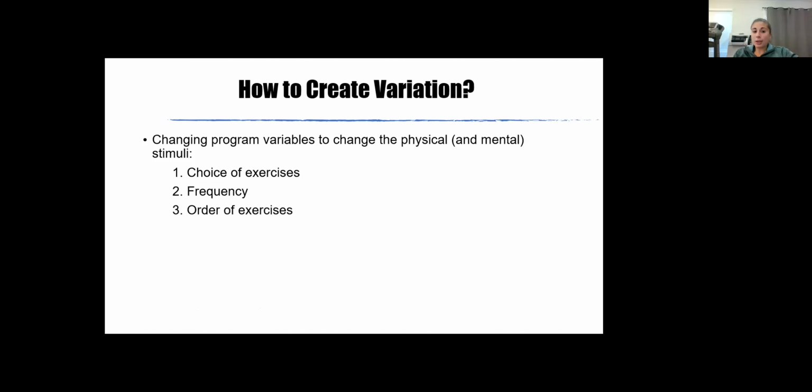Changing the order of your exercises. There's not one way to order exercises. It's okay to change things up and maybe manipulate your order. Change the load. Obviously, doing the same load for a long period of time, you will plateau. That's an obvious one, but there is a point where it gets tricky to increase load for a client who's more advanced, where it's harder to make huge increases in weight. But then we could start playing around with volume. We could play around with rest periods. Again, being careful with rest periods when we're looking at strength,